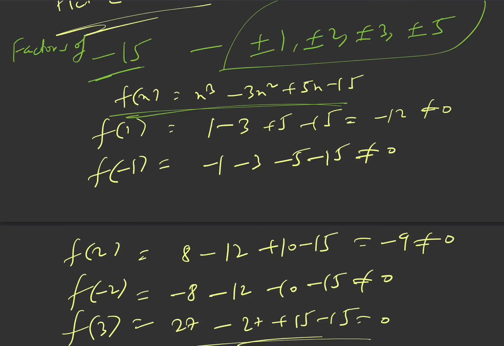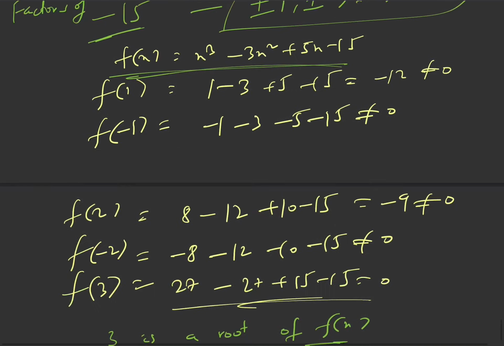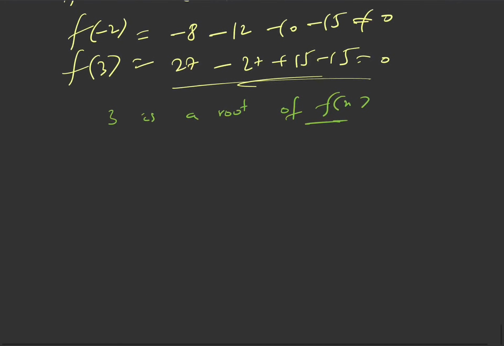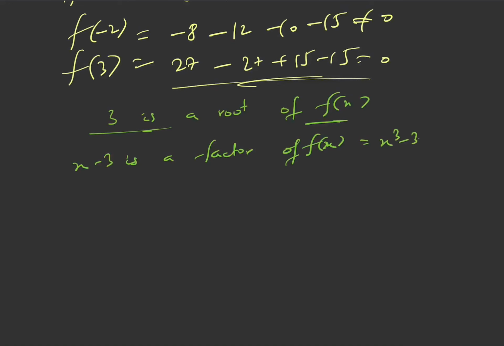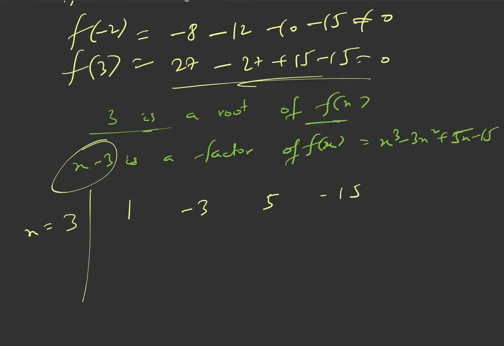Now you see, if you have a cubic equation and you get one root of it, then you can easily reduce it into a quadratic, right? So let us not do hit and trial, because we have already got one root of the cubic. So x minus 3 is a factor of f of x, which is x cube minus 3x square plus 5x minus 15. Now let us just divide this, right? So I am using the shortcut method for division. If you equate x minus 3 to 0, you will get x equal to 3, and we'll write the coefficients here: 1, minus 3, 5 and minus 15.